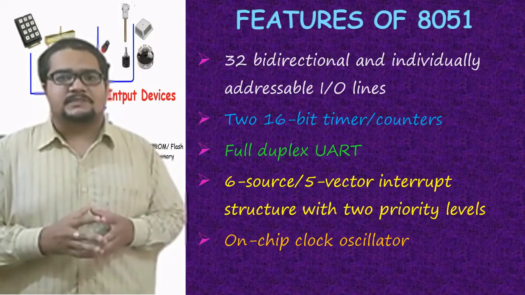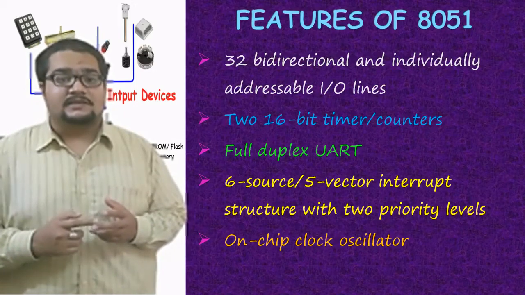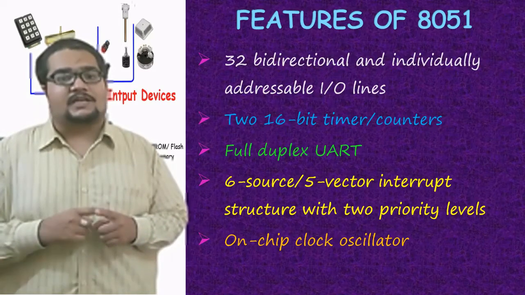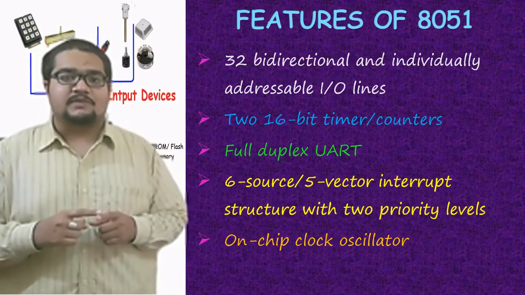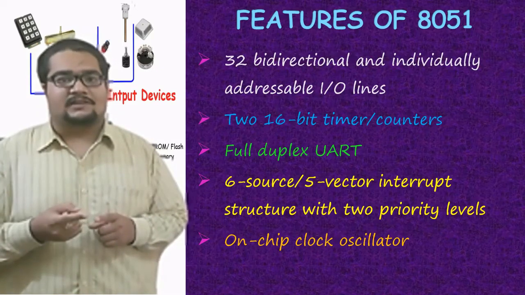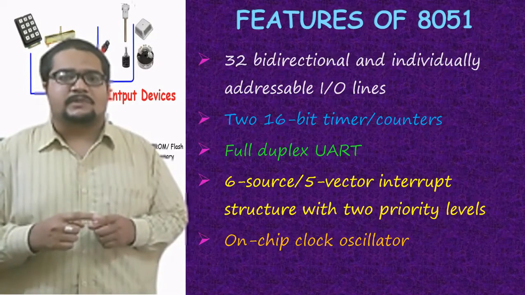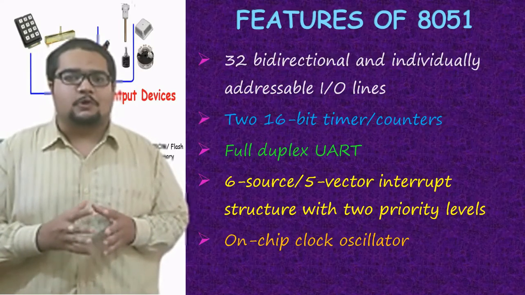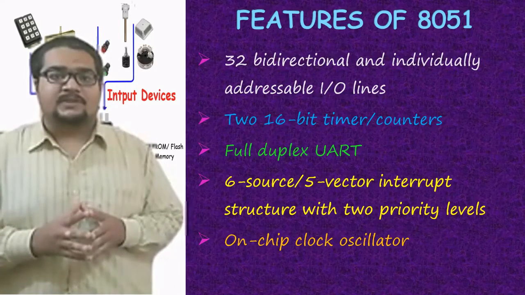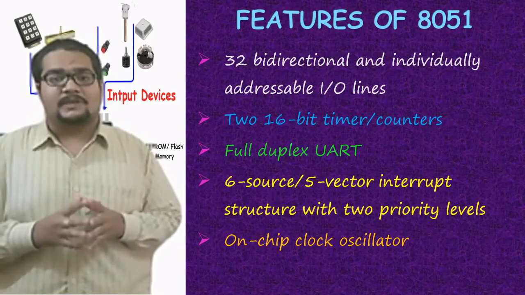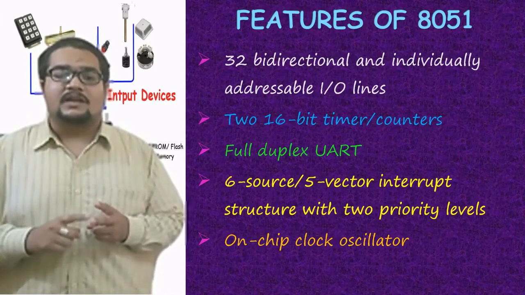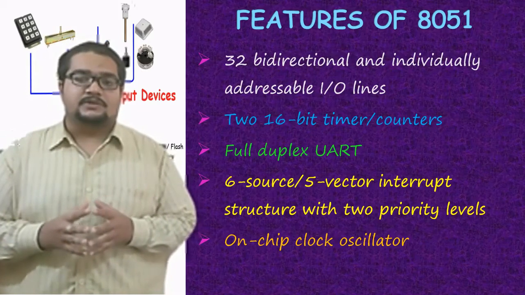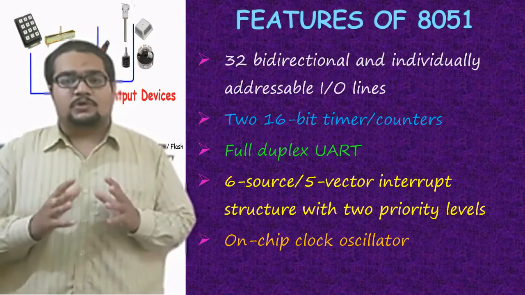So full duplex means it has two dedicated transmission and reception lines. Otherwise, in the normal half duplex, we have a common line for transmit and receive, and transmit and receive actions are taken upon that one after another. Once it works as the transmit line, another time it works as the receiving line, and this switching between transmit and receive goes on in a half duplex type of system. But in 8051 we have full duplex, so there are two dedicated lines, one each for transmit and receive.